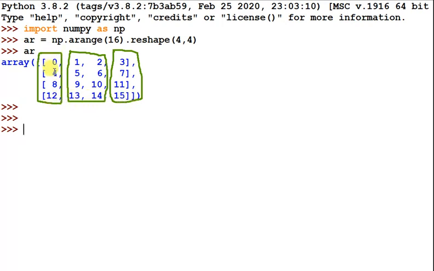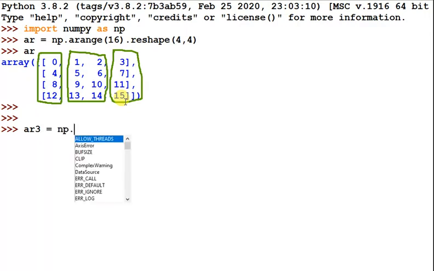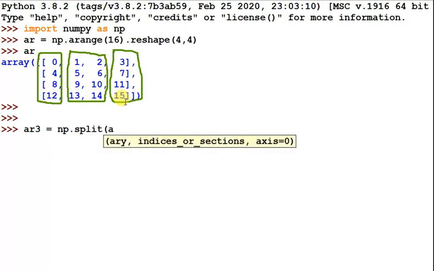The first section has the first column, the next has the next 2 columns, and the last one is the last column. So we can form a statement, array AR3. I am using the np.split function, and then which array I want to divide, and when you pass it, you can pass in this way, and the axis that you want.